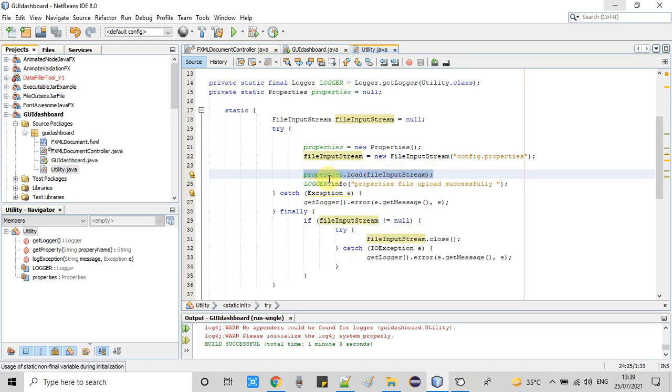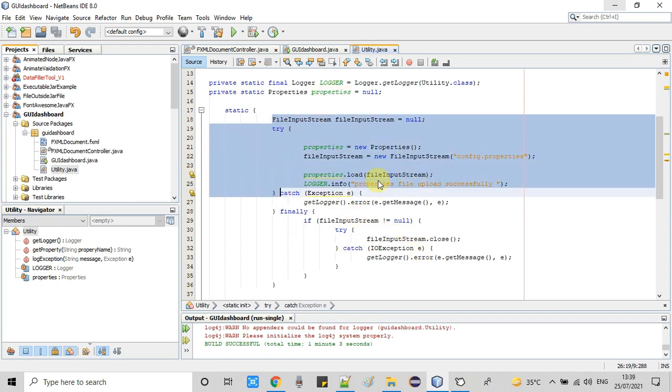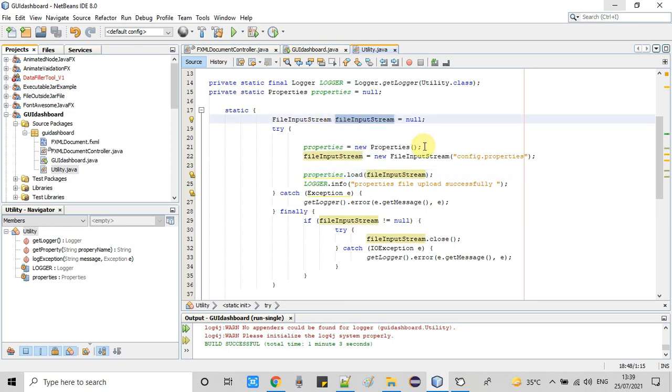After that, we are using the properties.load method, and we have passed the file input stream object in it. So all the contents present in that properties file are now present in the properties object. After that, we will use the properties object and a useful method of the properties class.